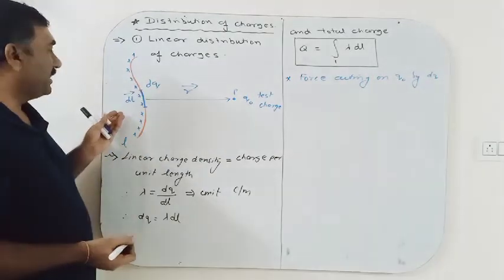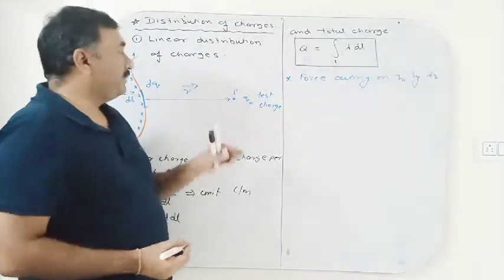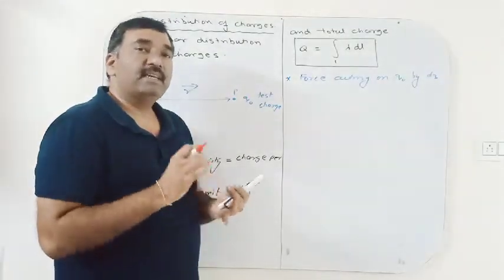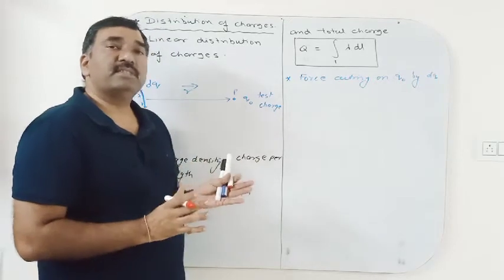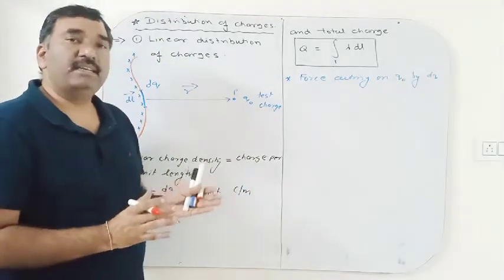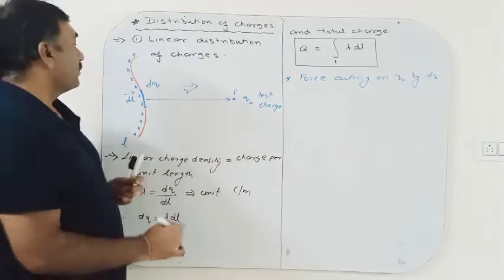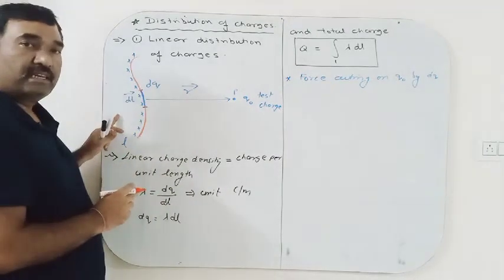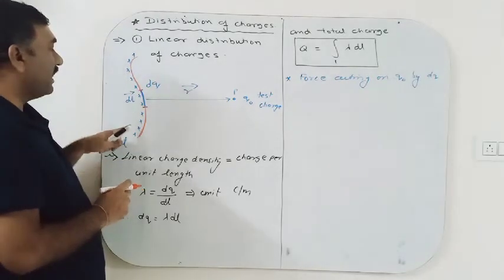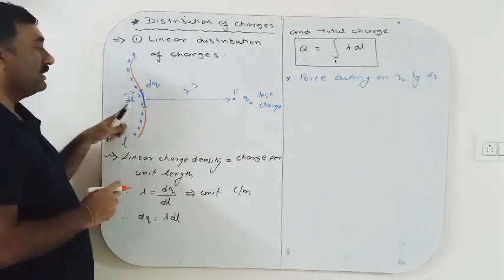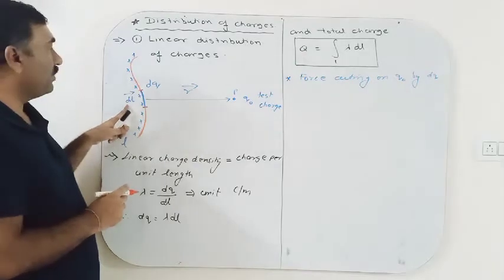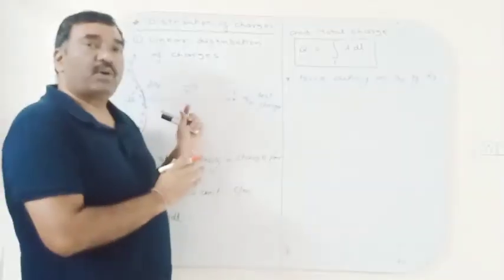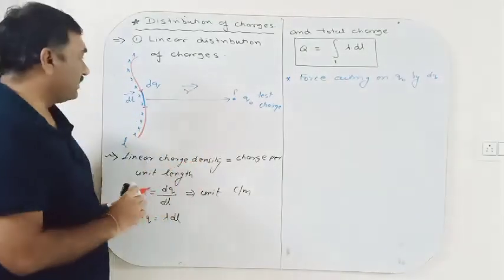It can be of any arbitrary length L, and P is any point where we have to find the force acting on a test charge, or the electric field at point P, due to the total charge present on this linear distribution. We take a very small part of length dl of this entire linear charge distribution. This is also known as the line element of the line of length L, and a small charge dq is present on this small linear element of length dl.